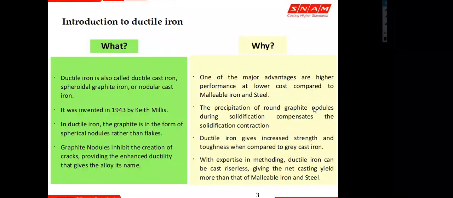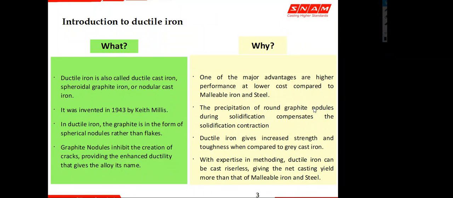So for the same strength requirement, to cast the same or a similar component, you need to use risers and method malleable iron and steel heavily, such that the yield of those castings is less. But comparatively, ductile iron can be cast with a lesser riser. That means these round nodules will expand and fill the voids which are formed during the solidification, that means the liquid to solid transformation. So this graphitization present in the ductile iron helps to reduce the riser requirements of the casting.